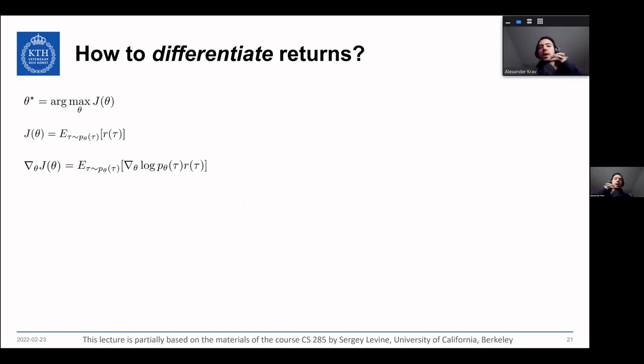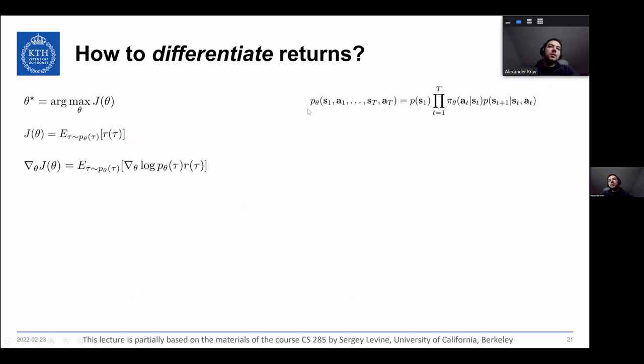And then again, we have to solve this. We have to maximize the arguments of our policy, to maximize J, where J is the expected return, or expected reward, and then the gradient we express like this. Now let's actually write out what this probability is, and this is something that we saw on the first slide,